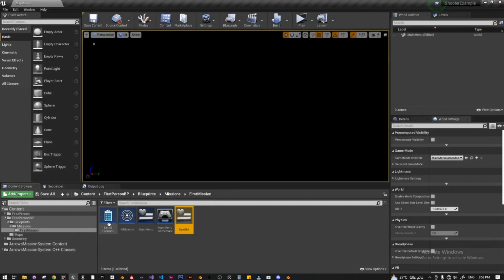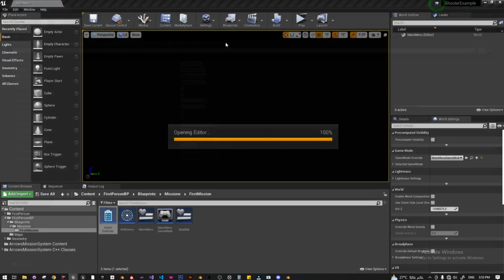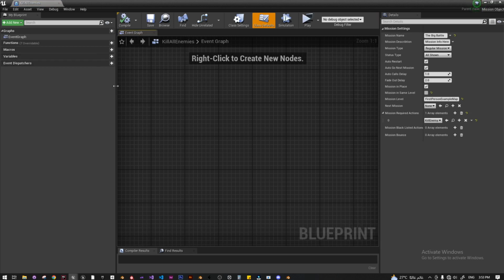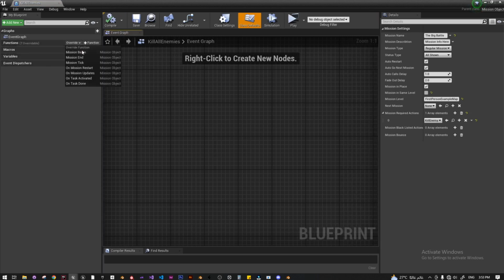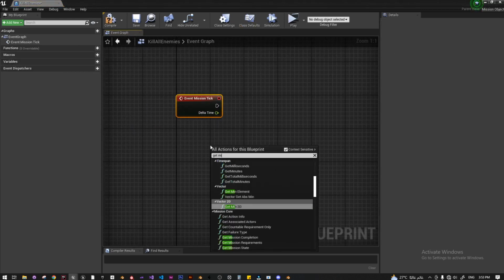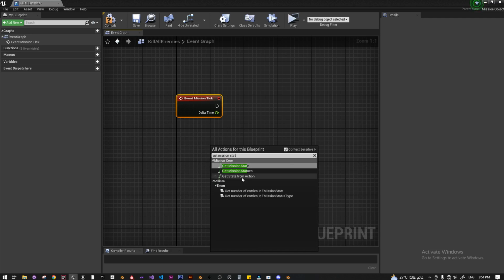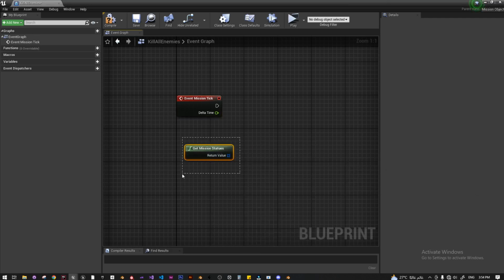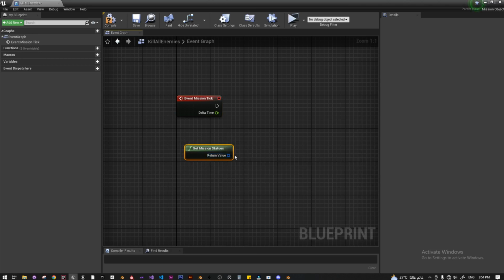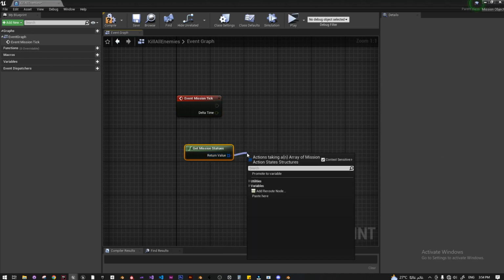Now we're going to the mission itself. We have many ways to showcase the mission progress, and I'm going to use the simplest one. So I'm going to use the on mission tick, and I'm going to get mission status. This one is going to give you the progress. You can use it to populate a UI with the information, but now I'm going to use just a print string. So I'm going to do a for loop,